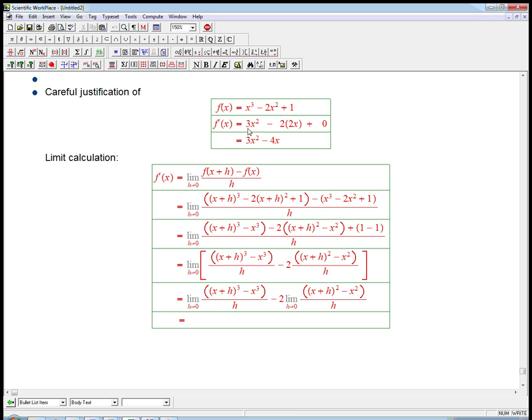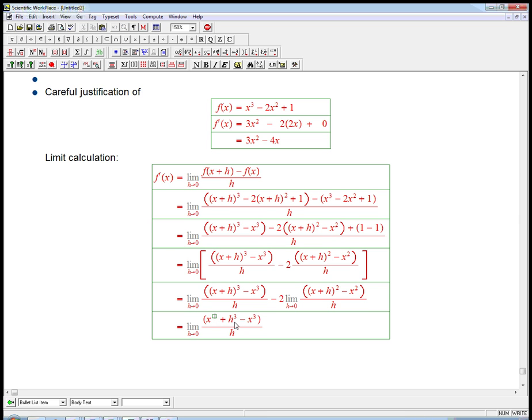And now I just have to reconfirm what I had before, these calculations that seem to show that this was 3x squared and this was 2x. We got those off the calculator, so let's do this for real. We've actually really almost done these calculations, though. Okay, so this guy, I just need to cube this thing out. That's binomial x cubed plus 3x squared h plus 3x h squared plus h cubed, and then minus the x cubed. I don't really need the parenthesis anymore. Okay, and then this stuff,